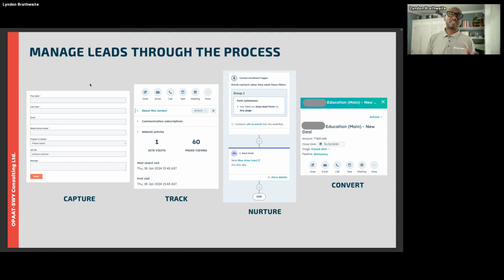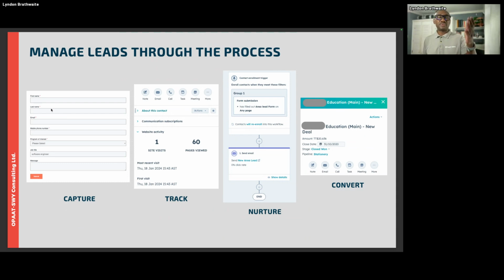So it's not just to say, well, we want to do one particular area. Management of leads, even if a lead is converted to a deal, so you're talking quote unquote deal management, it's still a lead nonetheless. And at the end of the day, that person is moving from lead all the way to customer. So we're taking everything from the left and moving it straight across to the right. As we're looking at the management, we want to be able to manage leads directly through the process. And in this instance, we're looking at the HubSpot tools.